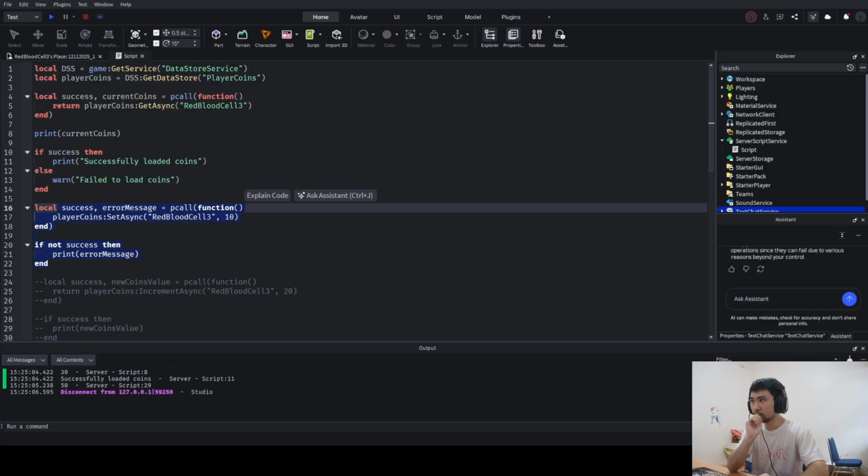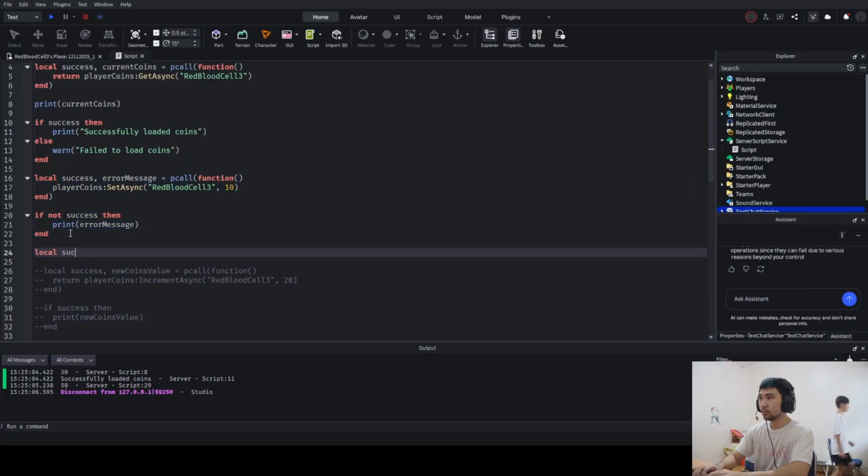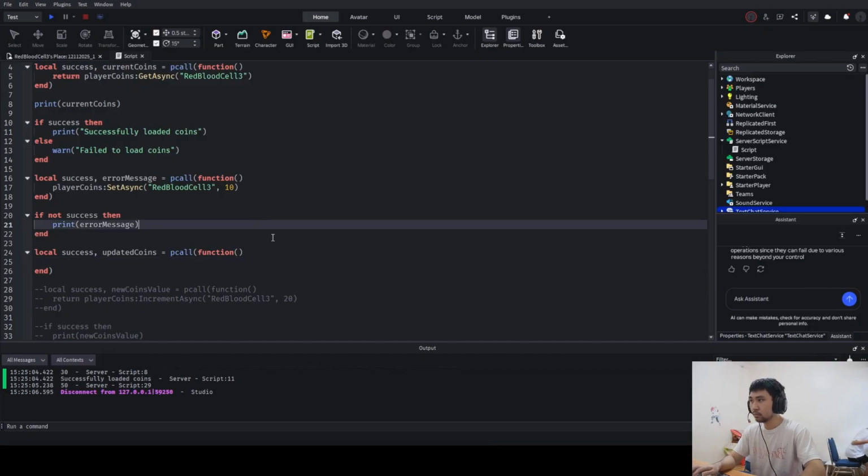So down here, we're going to start writing our update async function. So this is going to be our update one. What we're going to do is say local success, comma, updated coins equals pcall function, open close parentheses, enter. And so what we're going to do now is return player coins, colon, update async, open and close parentheses. We're going to pass in our key, which is raw battle, and then